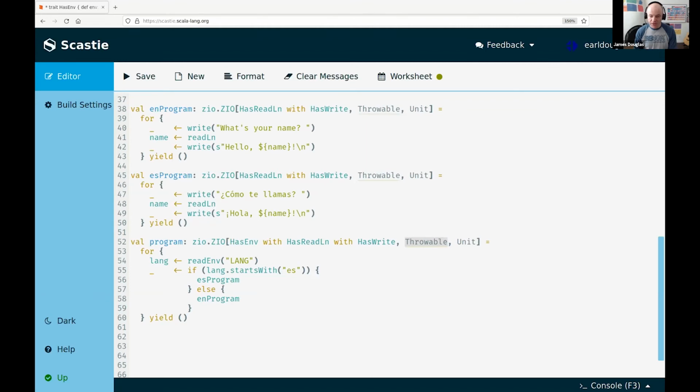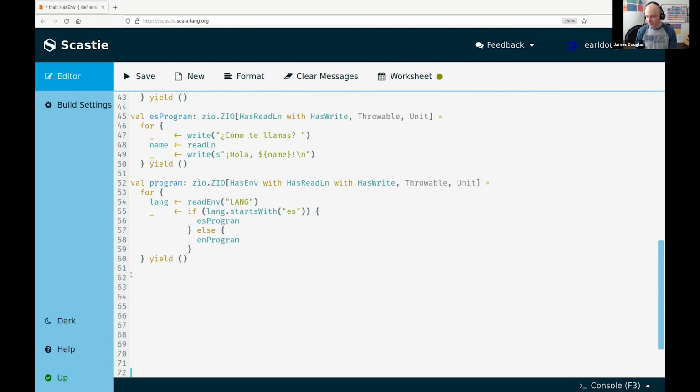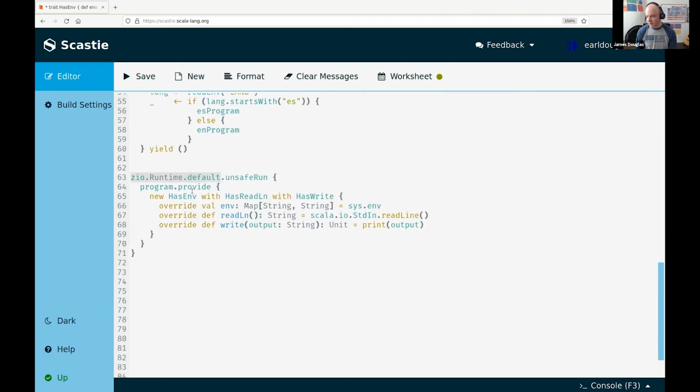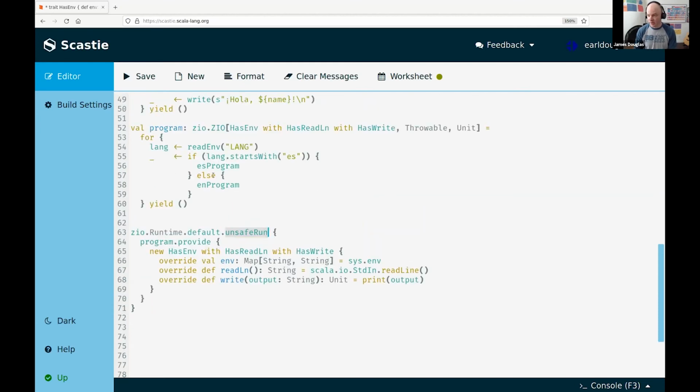And then running it looks pretty similar. With ZIO, we have these runtime environments because ZIO has lots of support for fibers and async and threading and parallelism and all kinds of good stuff. So we'll get a runtime from ZIO, so we'll just get the default runtime, and then we'll say I want to run. I want to actually run, and this is a function that takes a ZIO and runs it. So I want to run